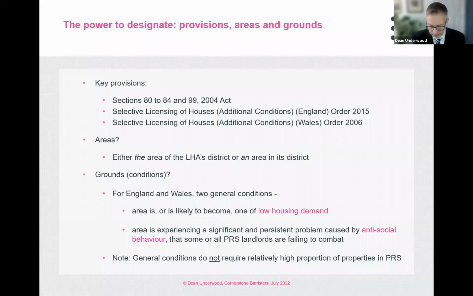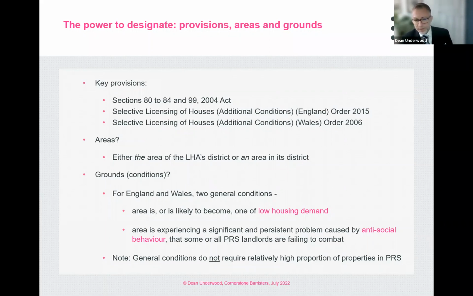Identically with additional licensing designations, a selective licensing designation may be either of the area of the local housing authority's district or an area in that district. But as we'll come on to see, obtaining confirmation of a large-scale selective licensing designation is now more problematic than it used to be before 2015, in England at least. As for the grounds or conditions on which a designation can be made, well, in both England and Wales, there are two identical general conditions, as indicated previously. One is that the area is or is likely to become an area of low housing demand,